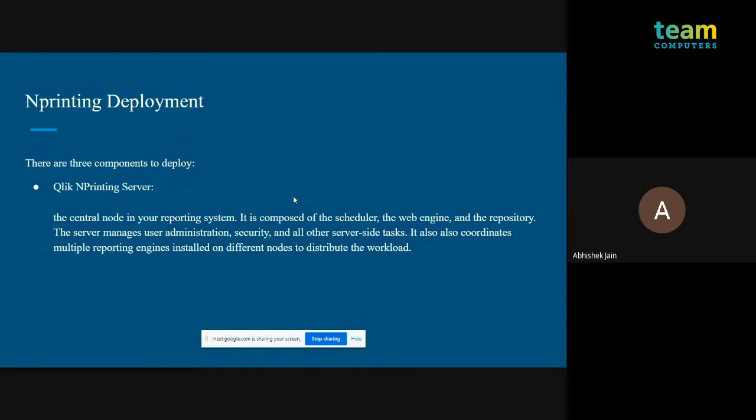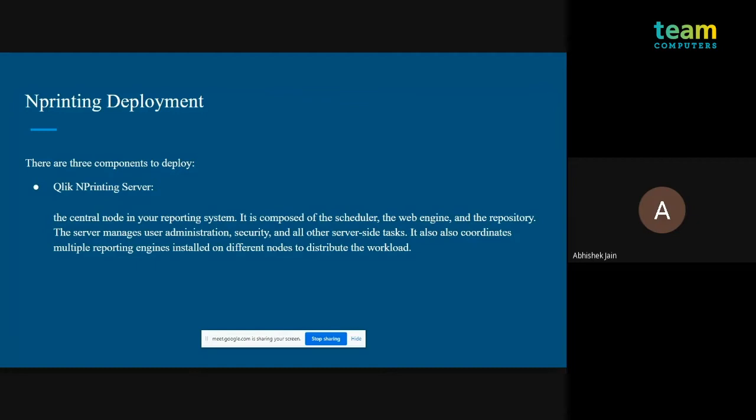Now, Inprinting deployment. Whenever you get a project for Inprinting, there are certain tools or software within Inprinting that you will need to learn and get familiarized with. For the introduction, I'm just telling you what a particular tool does, and in later parts of this series, we'll walk you through all these tools so you know how to use them and perform these specific tasks. So just lend me your ears and let me introduce you to the tools.